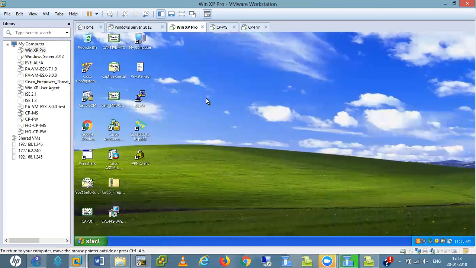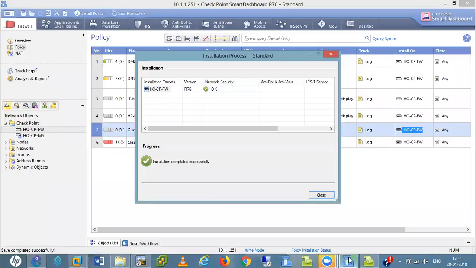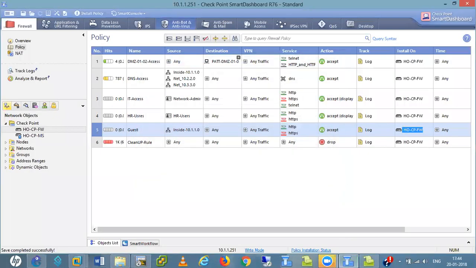On Monday I'll show you the use of this user agent. One thing: how to block that? Suppose some guests come to our network, visit some websites, and download something. How can we stop it? I told you about that in URL filtering; that is the next topic, and application is also the next topic.